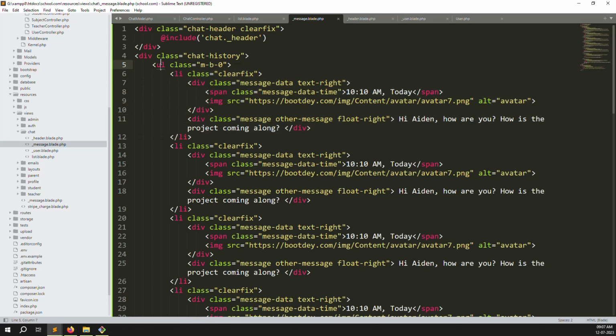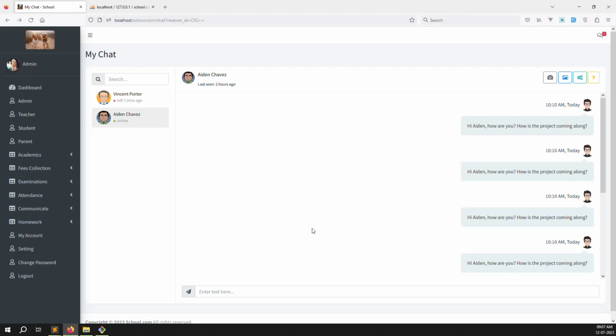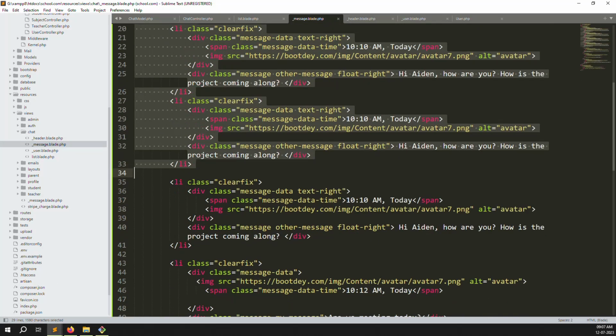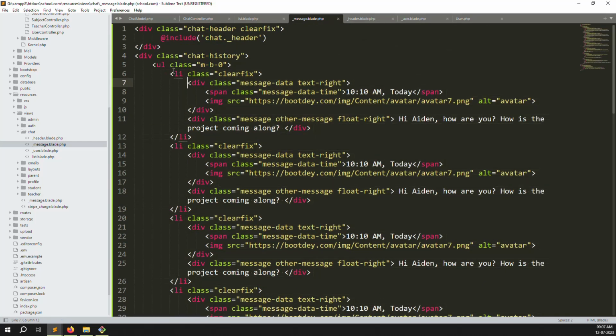We don't want to do the ul, just inside we need to do a single send message. Right now, because once you send a message we always need to append here whatever last message you have done. So let's make the full chat first, and after that we can make a single message, so we can understand easily what I need to do. So just copy all the part,